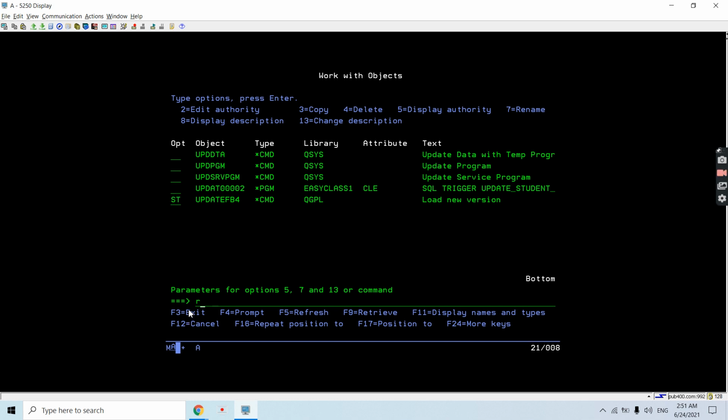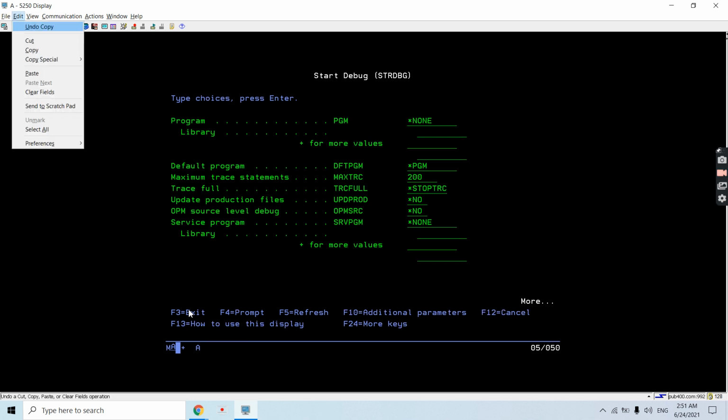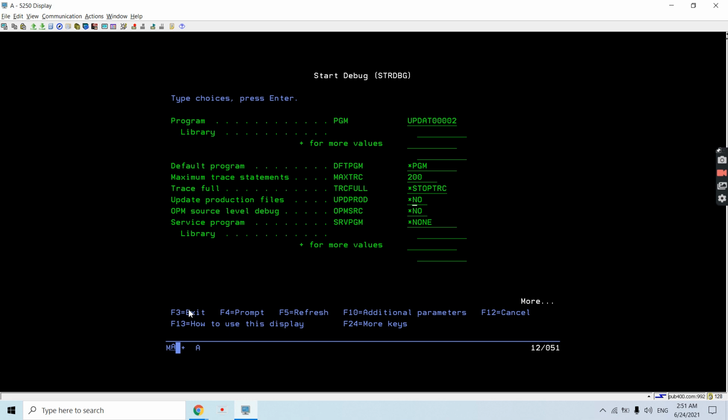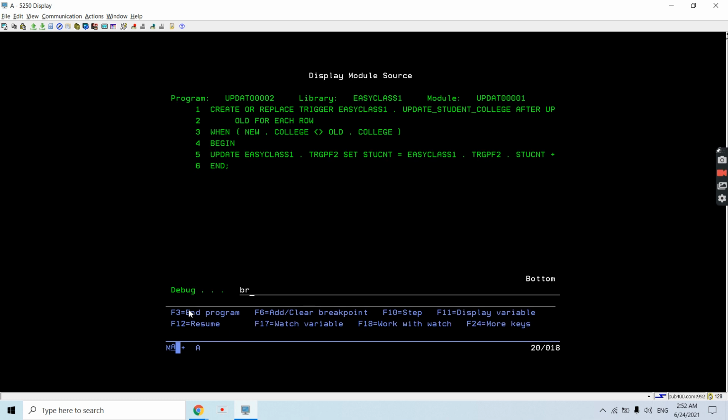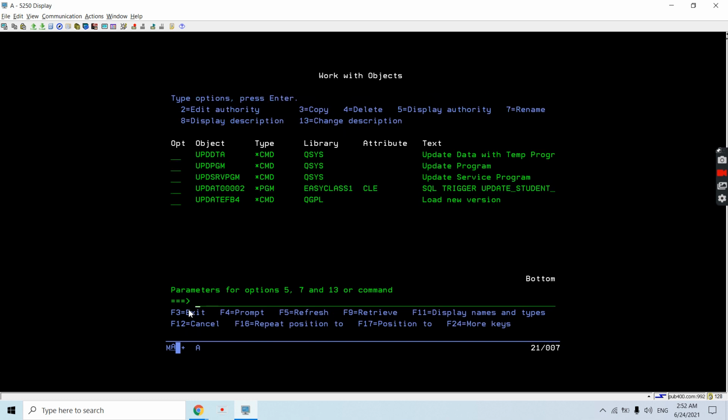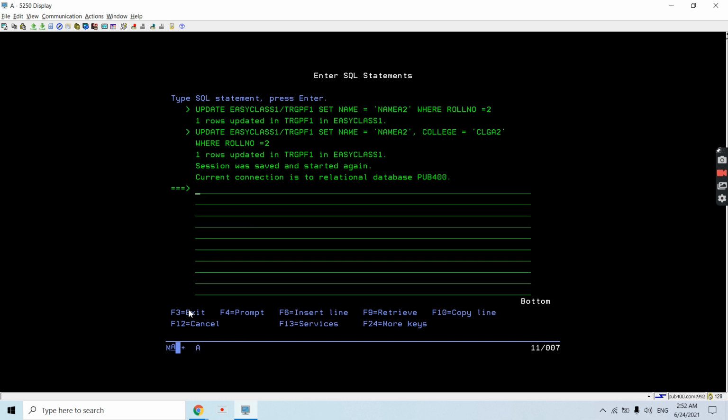So let's debug this. Just set the breakpoint, just go to strSQL.